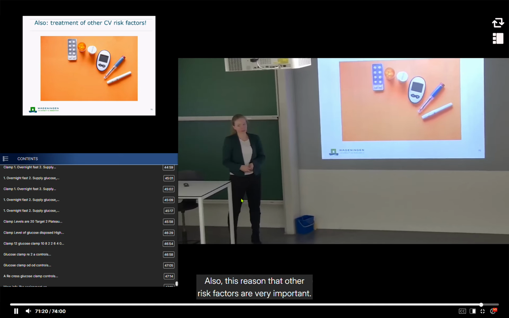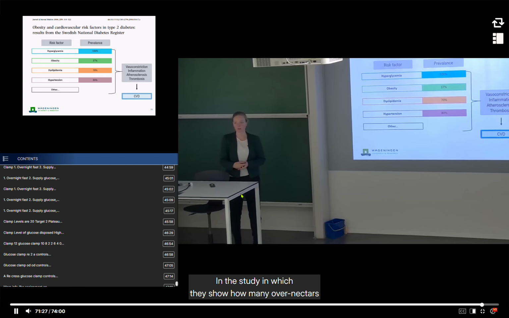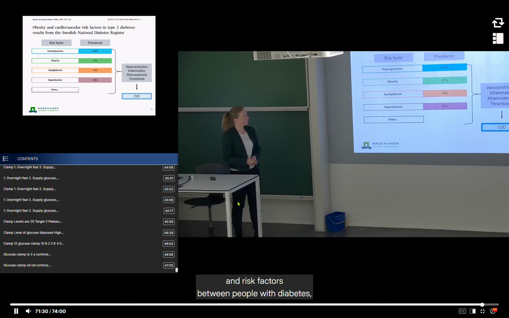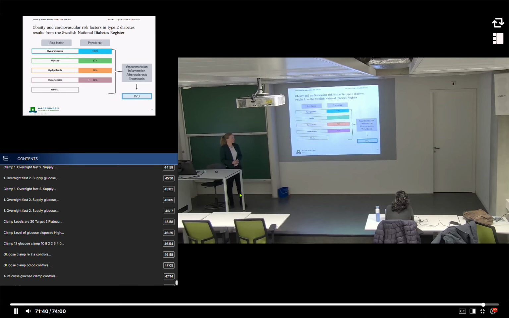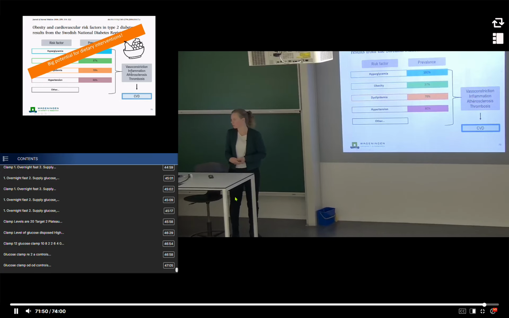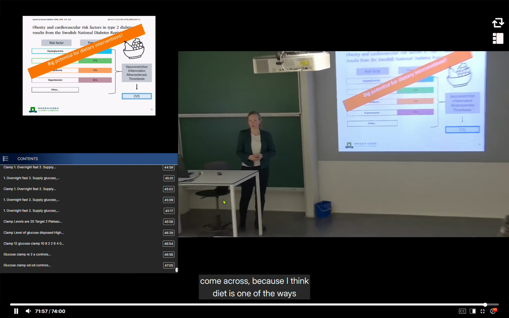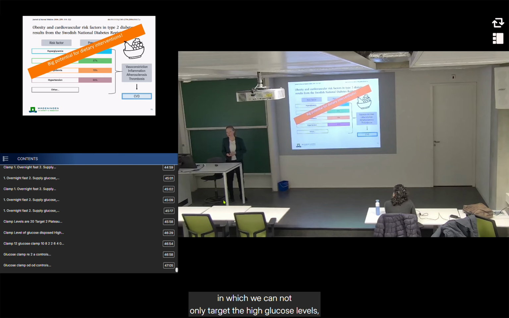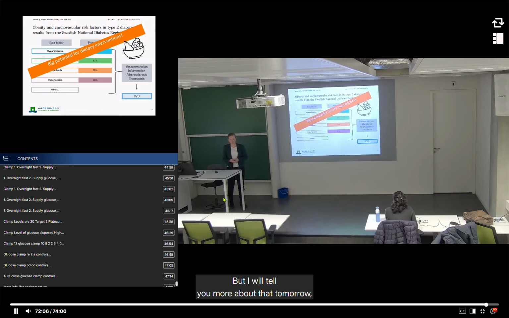Also, the treatment of other risk factors is very important. This is a study in which they show how much overlap there is in risk factors between people with diabetes. You see that 100% have hyperglycemia, which makes sense, of course, but also a lot of people have obesity or dyslipidemia or hypertension. And this may all lead to CVD, so it's very important to also treat these conditions to prevent people from getting cardiovascular disease. This is where the potential for dietary interventions comes in, because I think diet is one of the ways in which we can target not only the high glucose levels, but also the other risk factors for cardiovascular diseases. But I will tell you more about that tomorrow